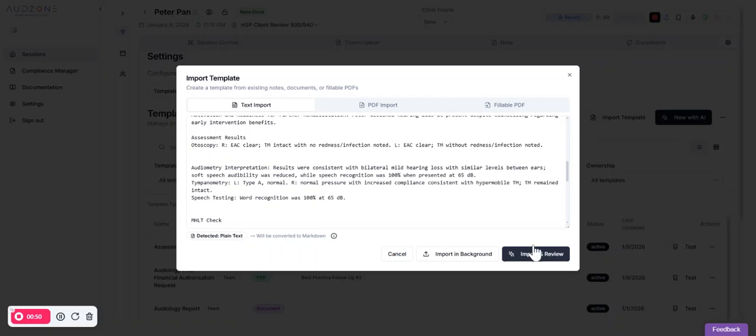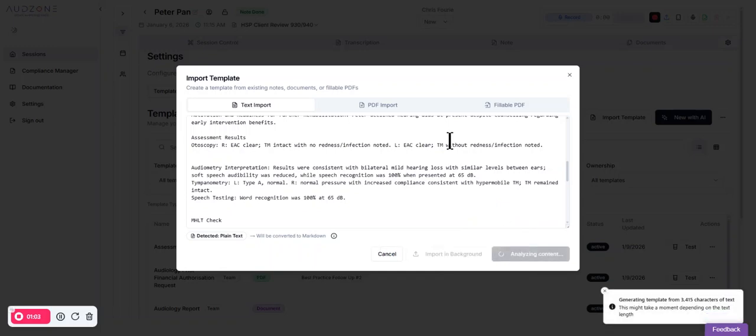That's okay. You've got two options. You can import in the background, which basically means you click this and it closes, and then you can carry on somewhere else while you wait, or you can click here to import and review. It takes about 40 seconds to do that. So I'll just click that and we'll just wait together